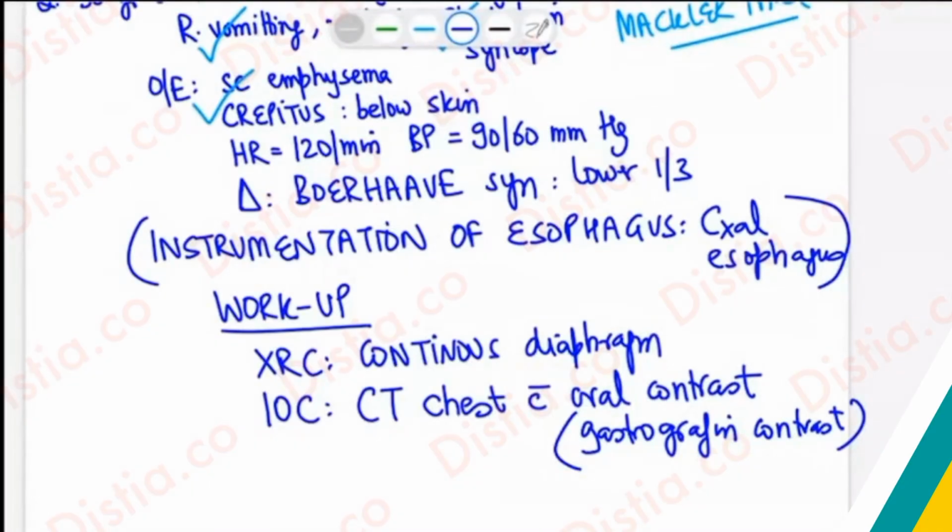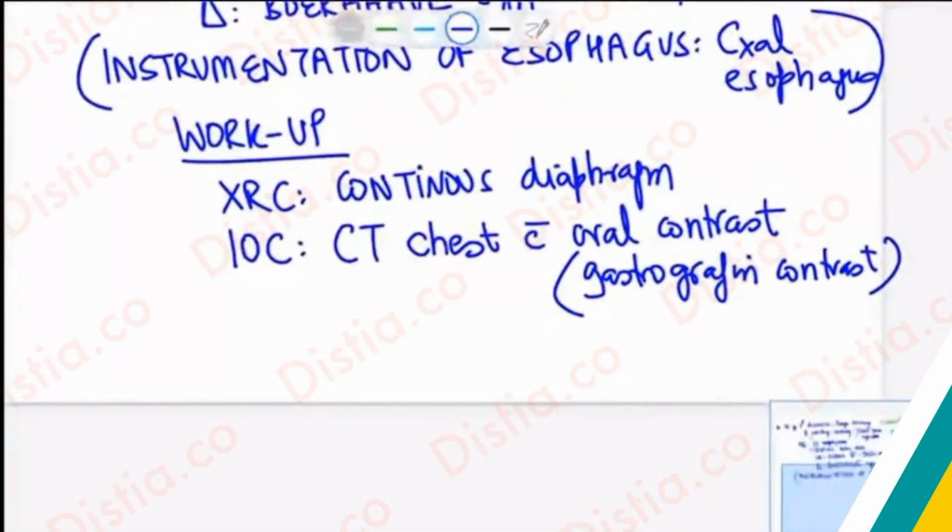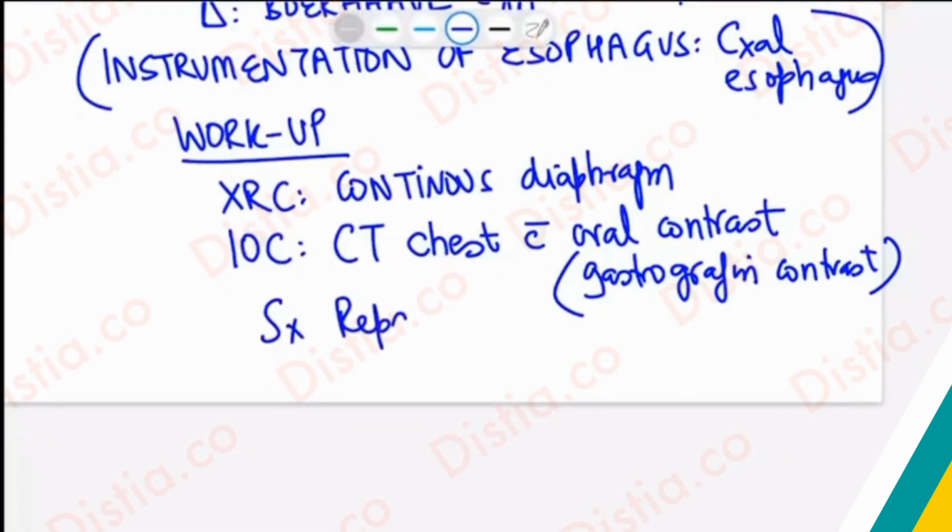Suppose the serosa is intact in this patient. In those circumstances, there would be no chemical mediastinitis occurring. But if there is a tear of the serosa, then chemical mediastinitis will definitely occur. So I need to demonstrate that the serosa is gone, and now the contents are spilled over into the mediastinal cavity. So a CT with oral contrast, followed by obviously a surgical repair of this patient, will be done, and concomitantly